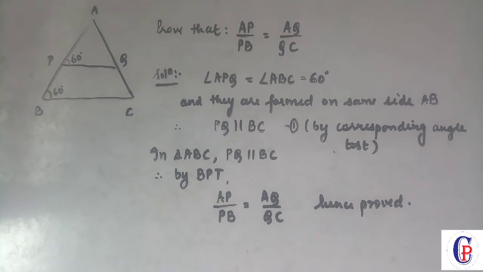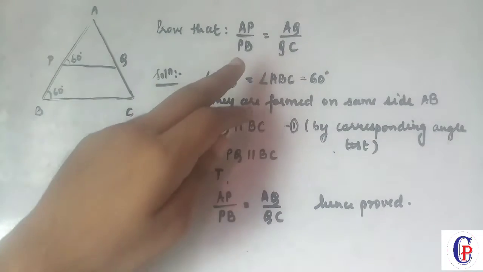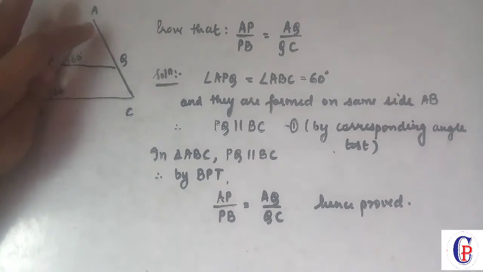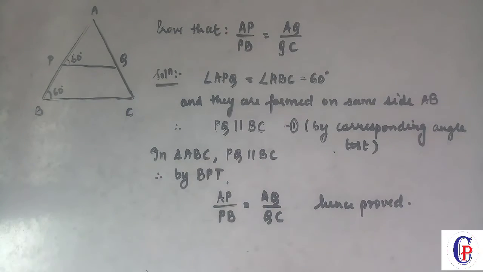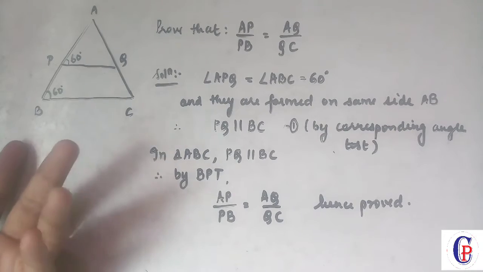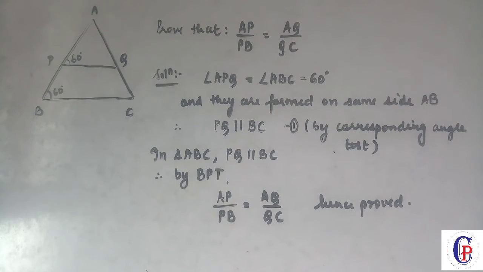Okay, so you should know what we are supposed to do. If we are asked to prove this, that AP upon PB equals AQ upon QC, you have to first think which theorem is applied related to this. Which theorem can we use? Is there any angle bisector? Is there any angle getting bisected here? No. So you have to recollect all the theorems. Once you know the theorem, the solution is very easy.